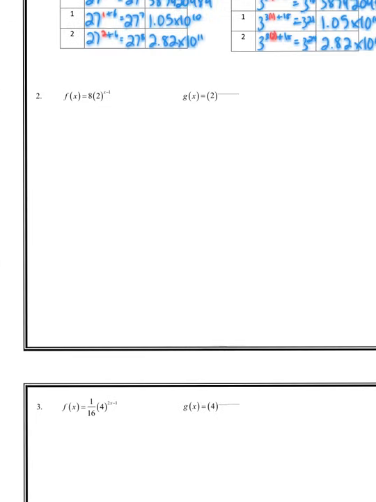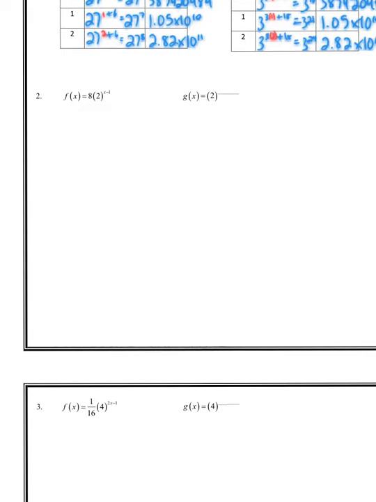So let's look at a couple harder examples, using the exponent rules to show that two functions are equivalent. In question 2, the f of x function is 8 times 2 to the x minus 1, and we want base 2. So I'm going to change the 8 to base 2. The 2 to the x minus 1 already has a base of 2, so I just need to worry about